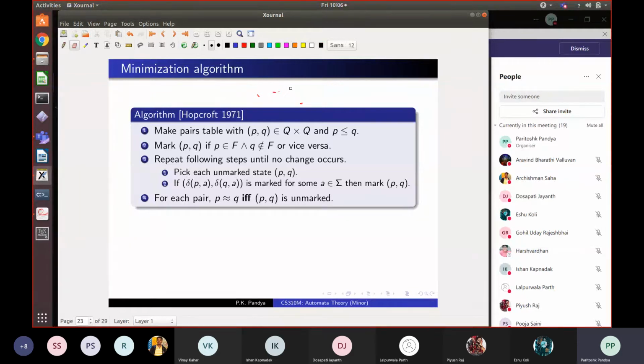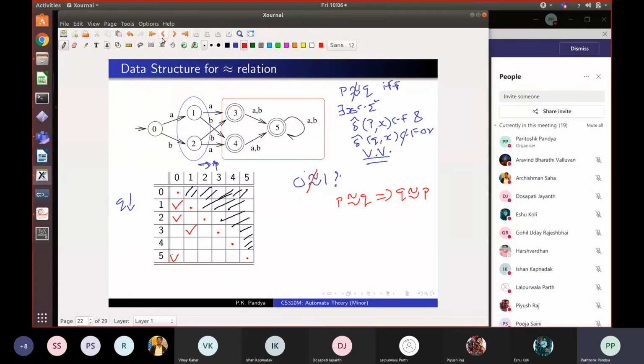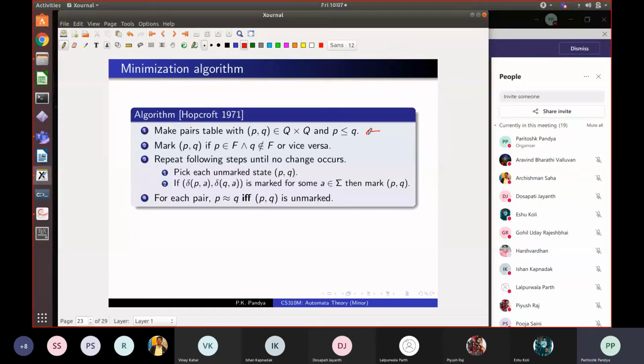Okay. So what does the algorithm do? Before I give you the algorithm, there are two steps that I have got to explain to you. First thing is that in order to determine which states are equivalent, we set up this table, right? This table where columns denote the states P and the rows denote the states Q. And every entry in the table tells you whether state P is equivalent to Q or not. And we fill only the parts below the diagonal. Okay. So we first set up this table. That is the first step. We create this table in the computer memory, if you like.